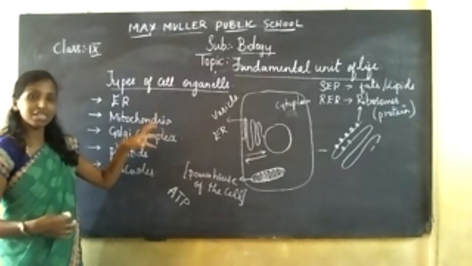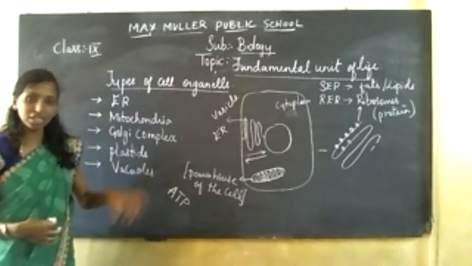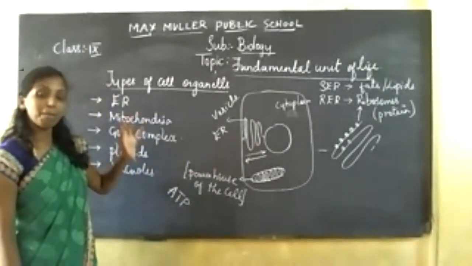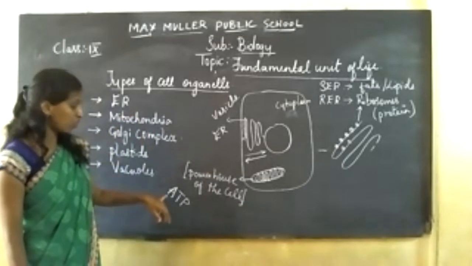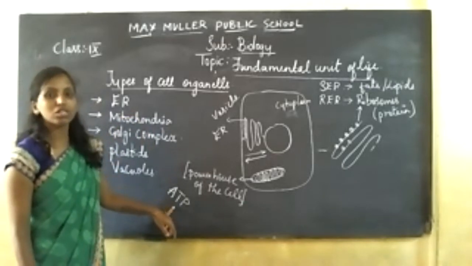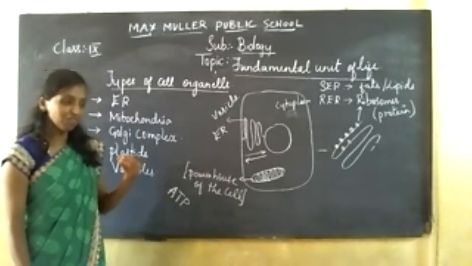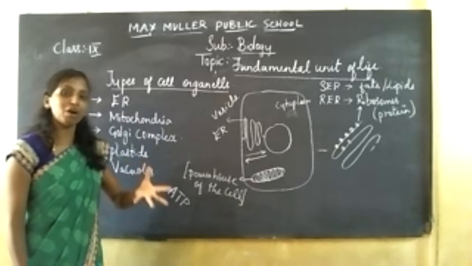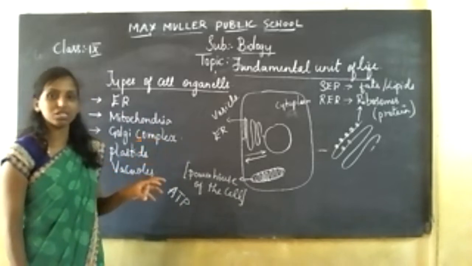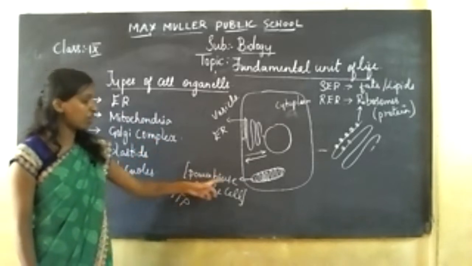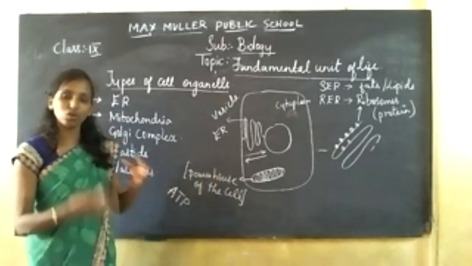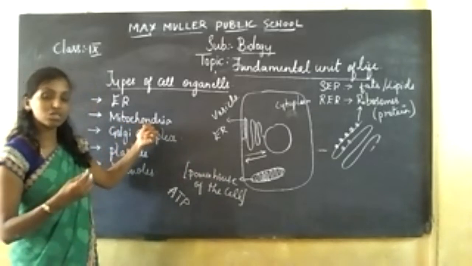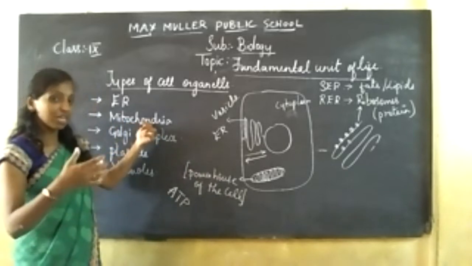So whenever the cell is tired or cannot function with its protein molecules, this mitochondria will supply them in the form of ATP molecules. This is also called energy currency. They give energy to the different cells, and they supply power to the different organelles present inside the cell. So it is called the powerhouse of the cell. All that stored energy is transferred by your mitochondria. It is going to supply whenever they are in need.